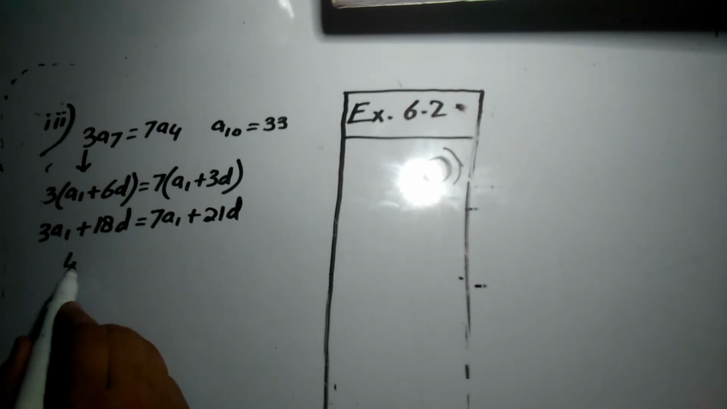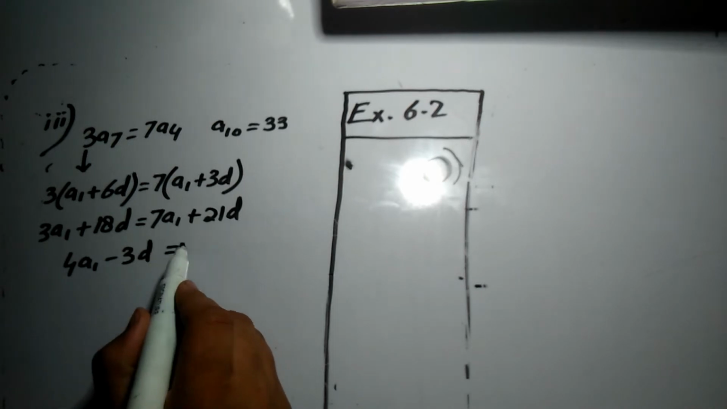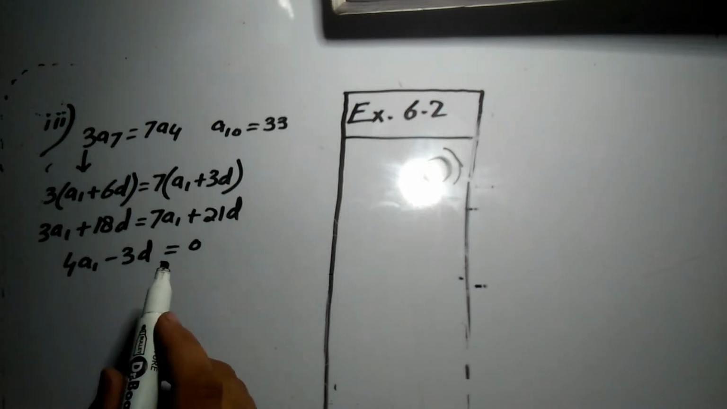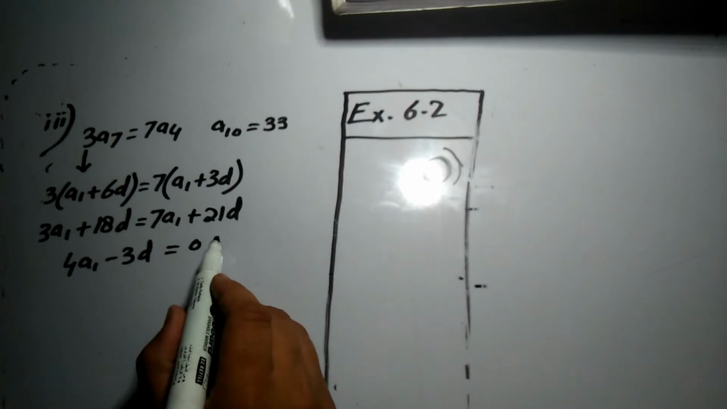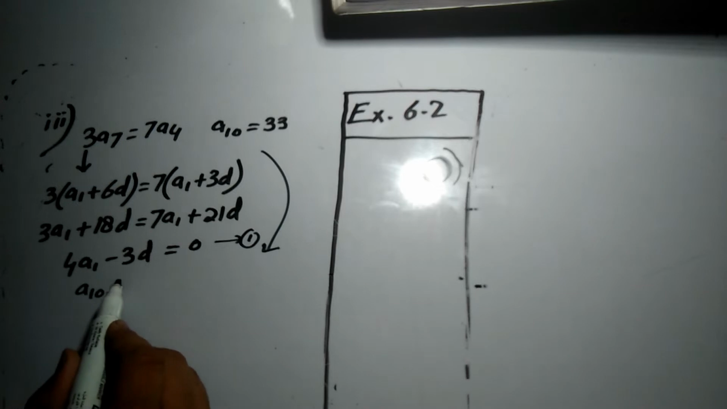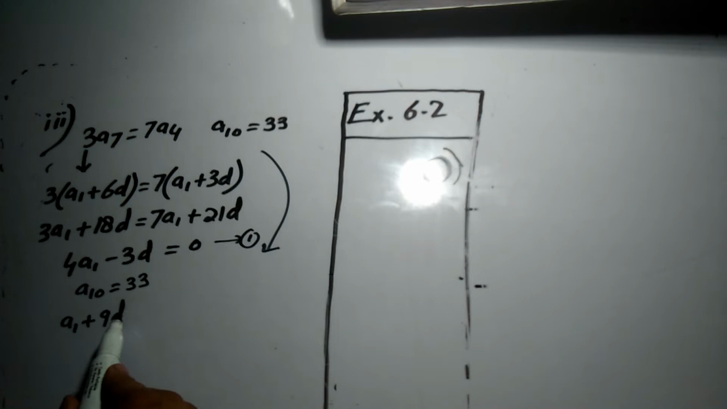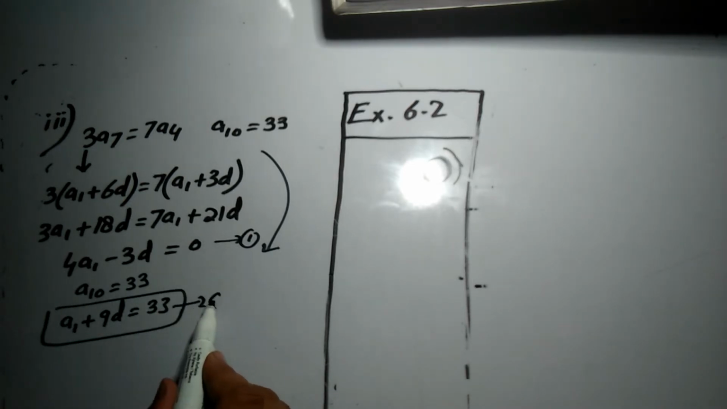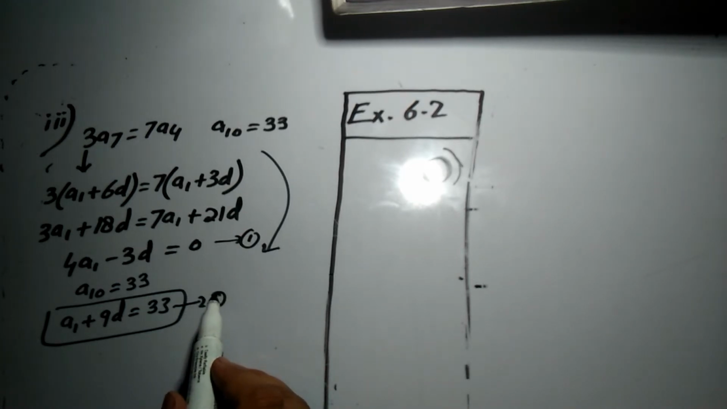7 minus 3 will be equal to 4a1, and 21 minus 18 will be equal to 3d. So 4a1 plus 3d will be equal to 0. This is equation number 1. And from this expression, a10 is equal to 33, so a10 will be equal to a1 plus 9d is equal to 33. So this is equation number 2. So from equation number 1 and 2,